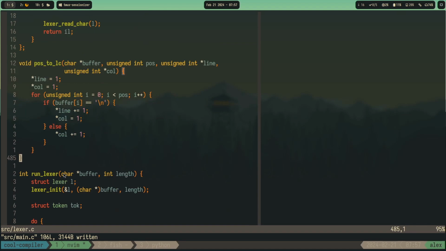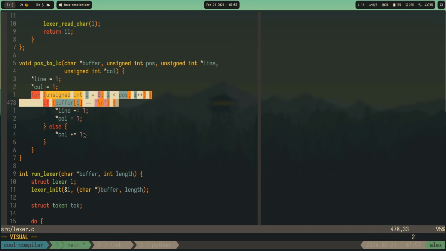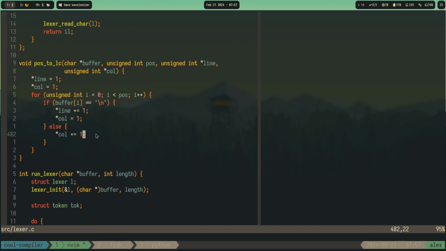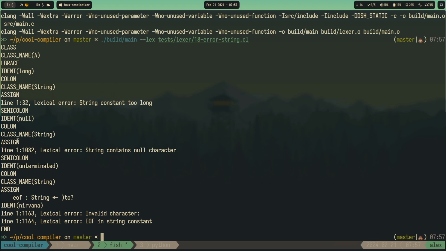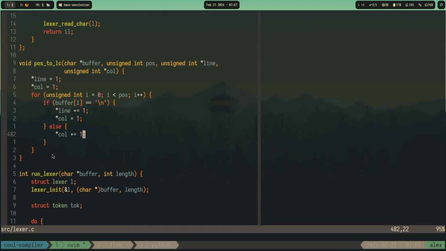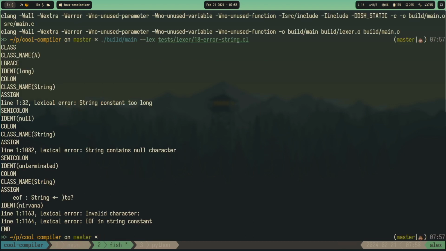Go back. It's like a really strange column. Maybe we did something wrong there. Anyway, not that important right now for the position, but